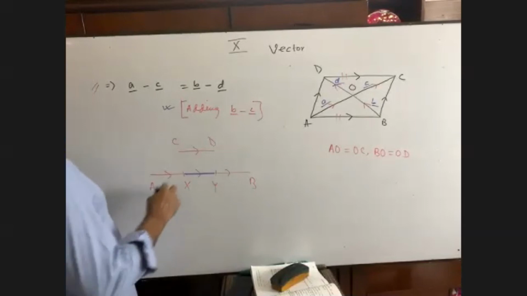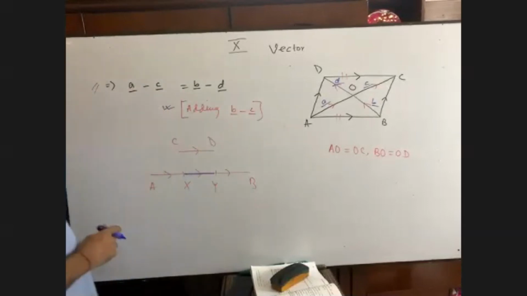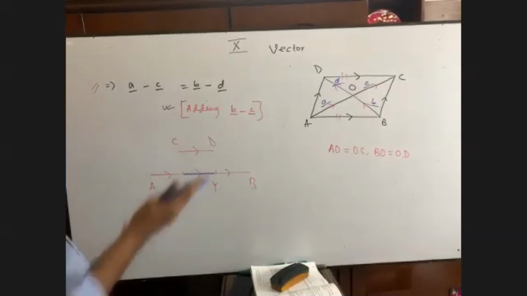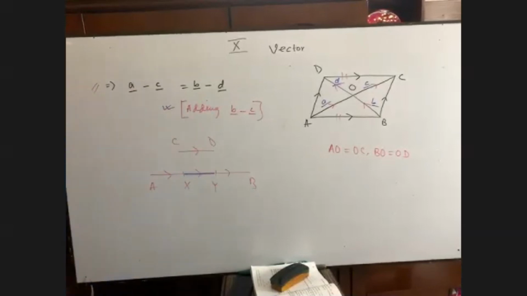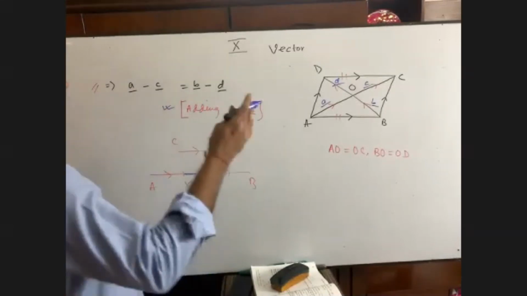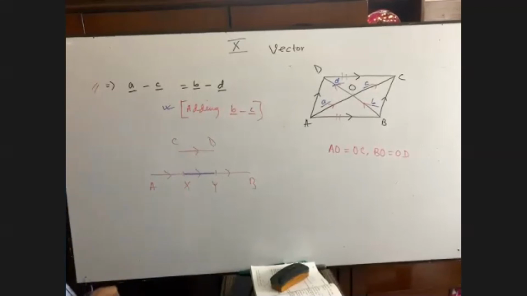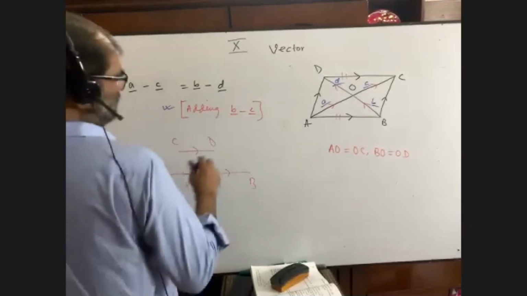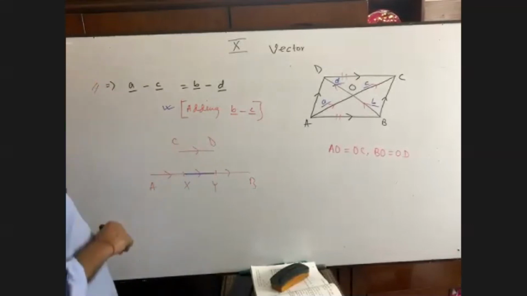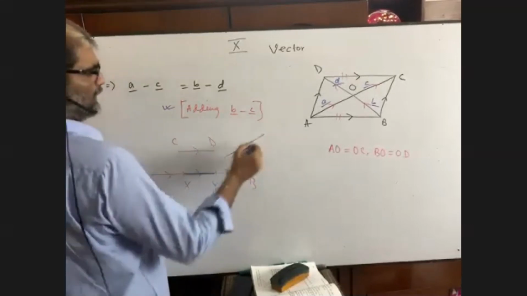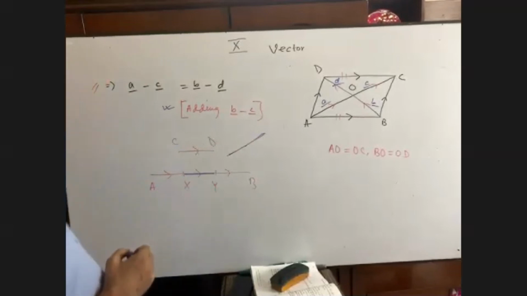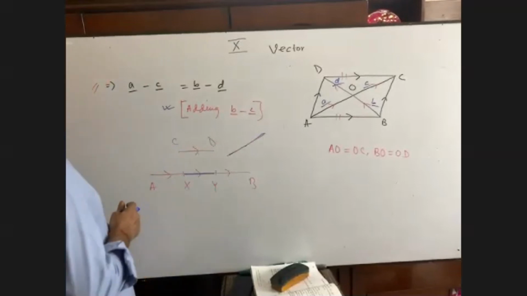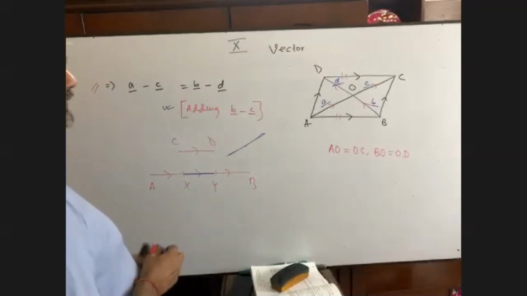So you see, A minus C is the line of support of AC. AO and OC, they indicate the same straight line, right? So AO, OC, AC, they are the same lines of support. Their lines of support are same. I am telling about AC. AO, OC, AC, same? Yes, they indicate the same straight line. Similarly for BD, BO, OD, BD, same?